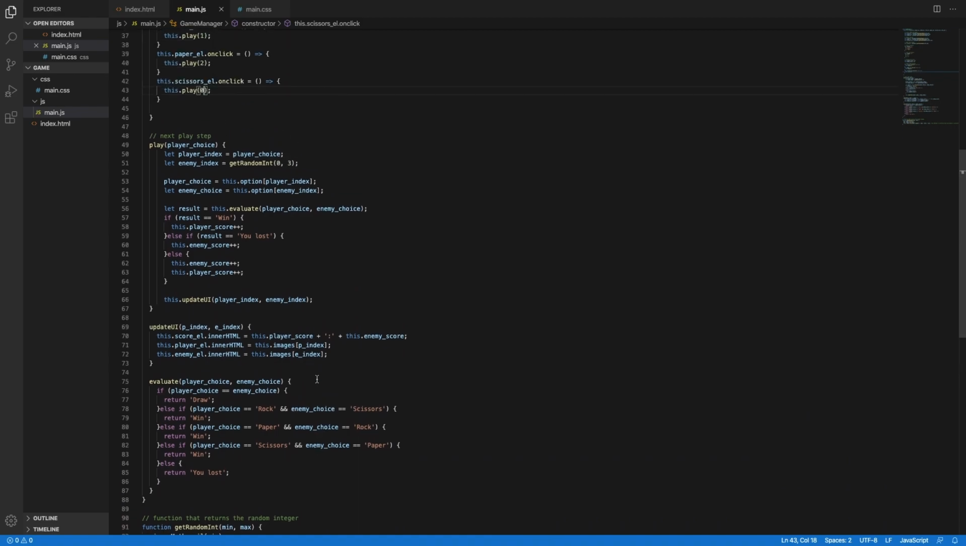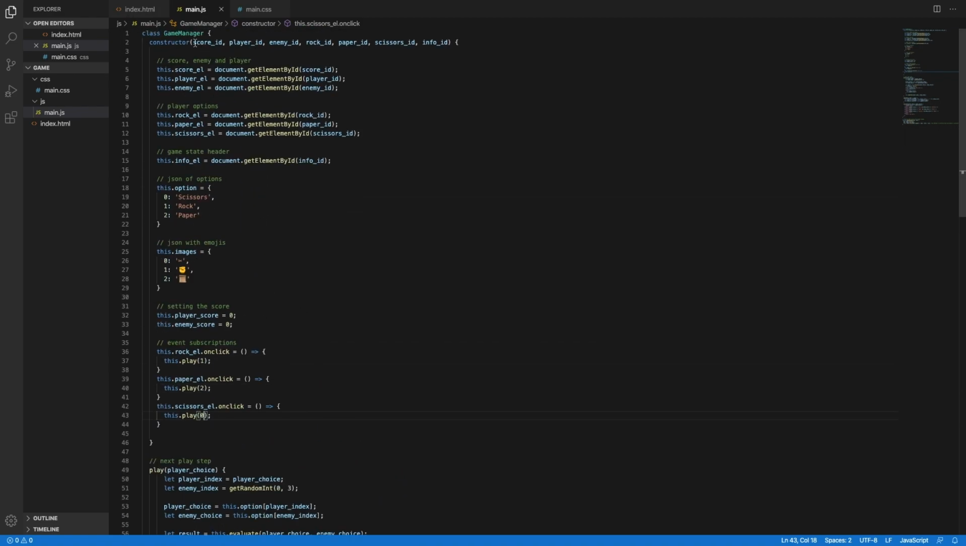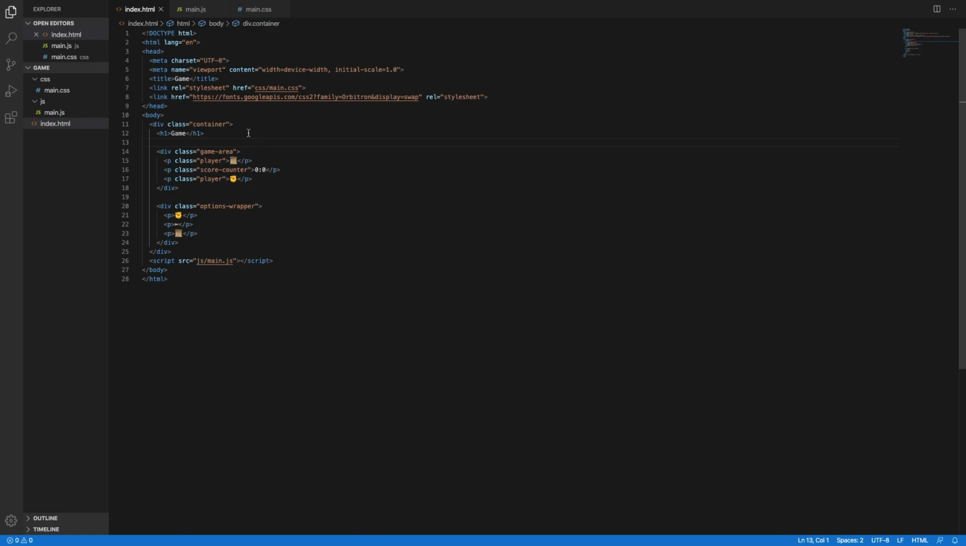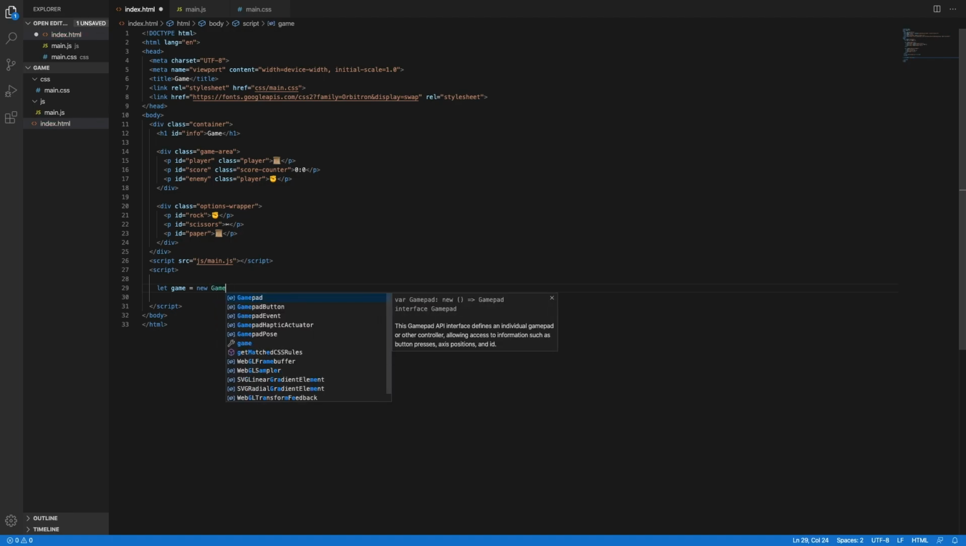Okay, so we have made the logic, and now we can implement it in our game. So basically we need to call the game manager with those parameters. So we need to set the IDs for the containers, for the divs, and for the stuff that we want to change and connect with the JS. So let's connect the score ID and just assign ID score, to the player assign ID player, to the enemy assign ID enemy, and let's assign ID to the rock, to the scissors, and to the paper. Also the header will assign info ID. We will create a new script tag and we will call let game = new GameManager,